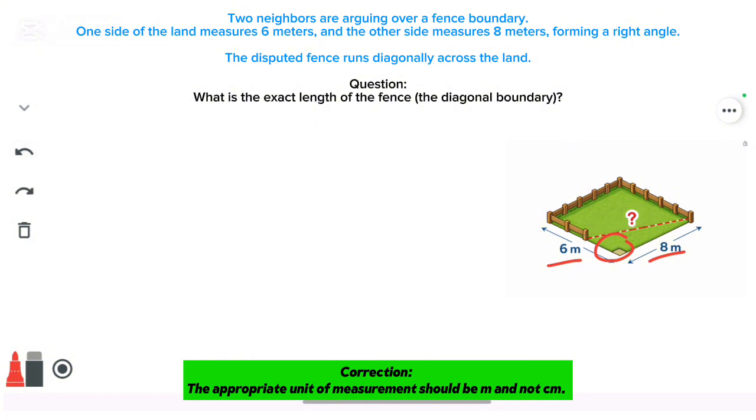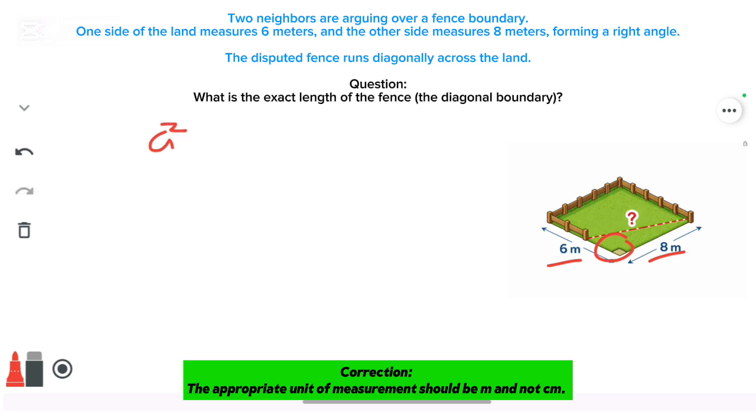So the question is, what is the exact length of the fence or the diagonal boundary? So what is the length of the diagonal boundary? So we are going to find out the length of the diagonal boundary or the exact length of the fence. Now, in order to find the exact length of the fence, we are going to use the Pythagorean equation, and that is